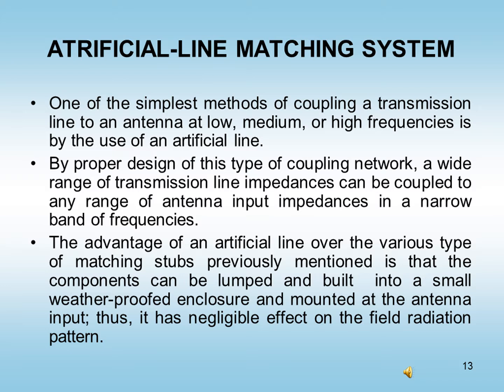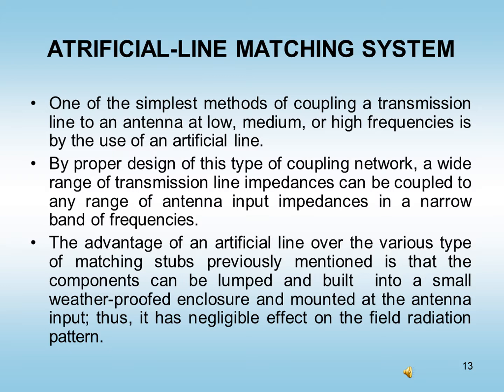So we have to design the approach line so that by proper design of the coupling network, a wide range of transmission line impedance can be coupled to any range of antenna input impedance in a narrow band of frequency. The advantage of the artificial line over the various types of matching stubs previously mentioned is that